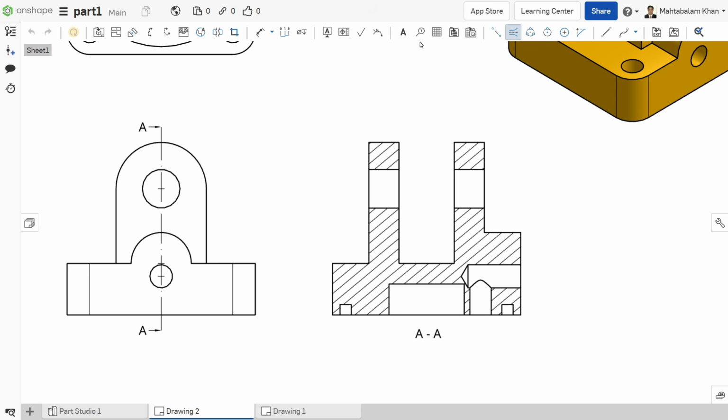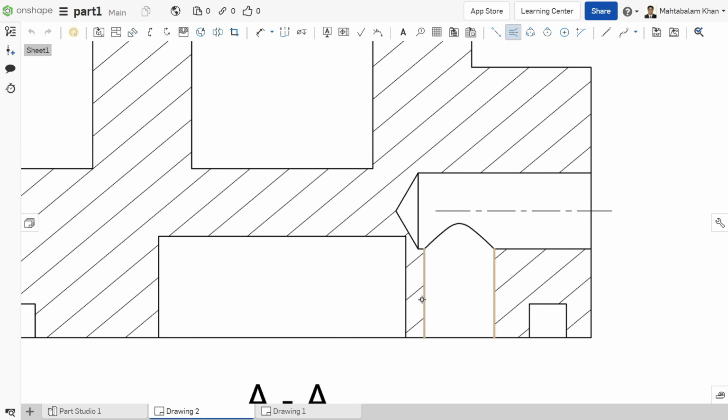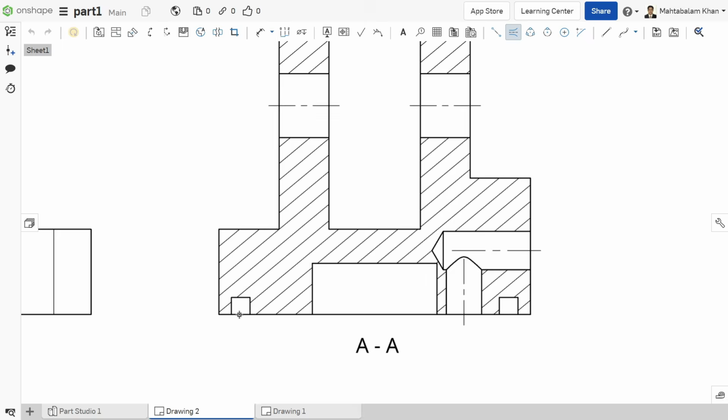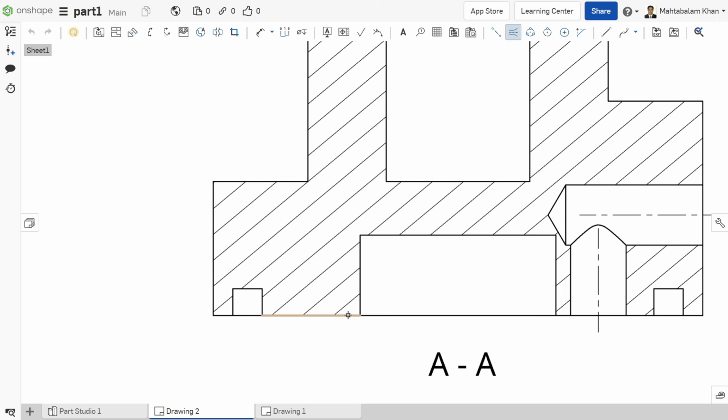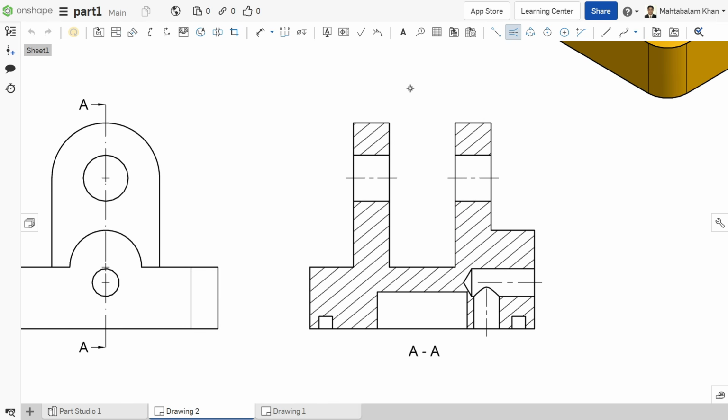Just press your scroller, press and hold and move your mouse so that you can move this drawing. I am going to choose this, and these, because this is hidden. Okay, let's finish this. Right click or press escape key to exit.